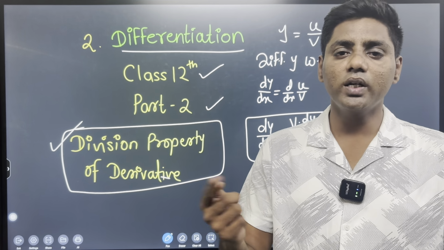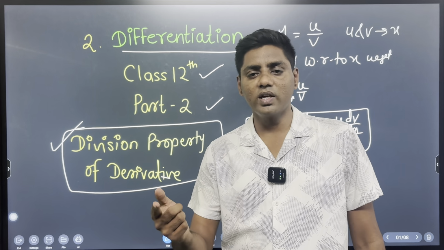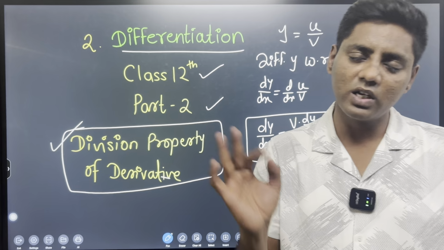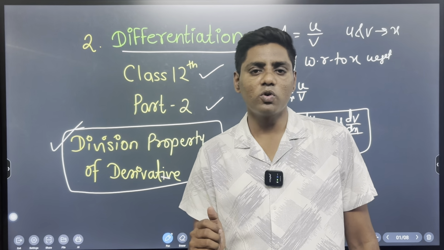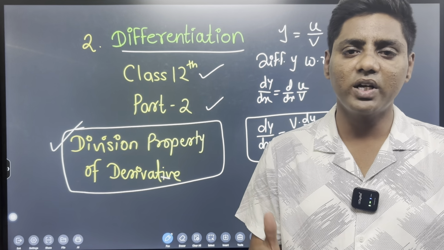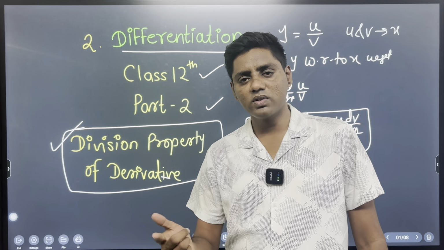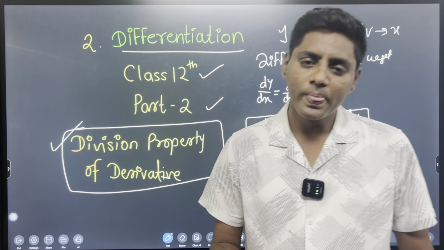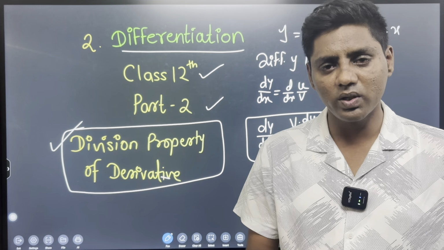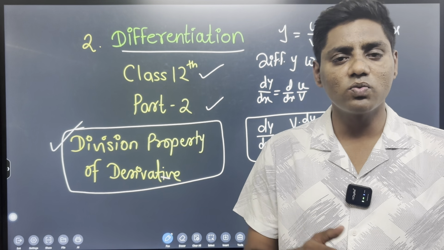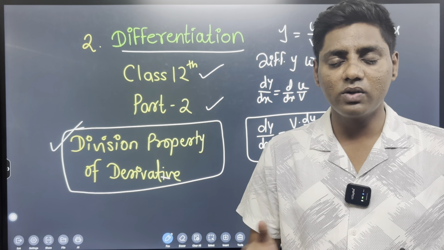And most importantly, remember the derivatives of inverse functions, that is sin inverse x and cos inverse x. Similar formula, only minus sign is there. Derivative of sin inverse x is 1 upon under root of 1 minus x square, then derivative of cos inverse x is minus 1 upon under root of 1 minus x square. Next, tan inverse x is 1 upon 1 plus x square, cot inverse x is minus 1 upon 1 plus x square, and the last one, sec inverse x is 1 upon x under root of x square minus 1, and cosec inverse x is minus 1 upon x into under root of x square minus 1. So we just revise very fast, quick revision banana hai,